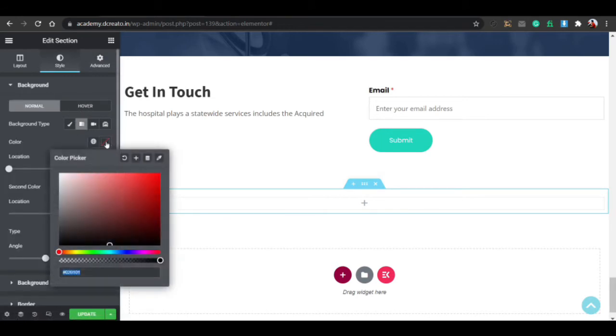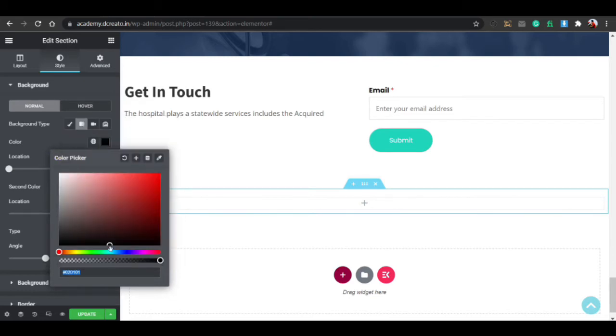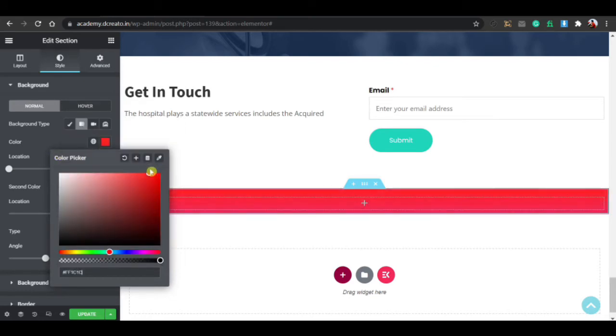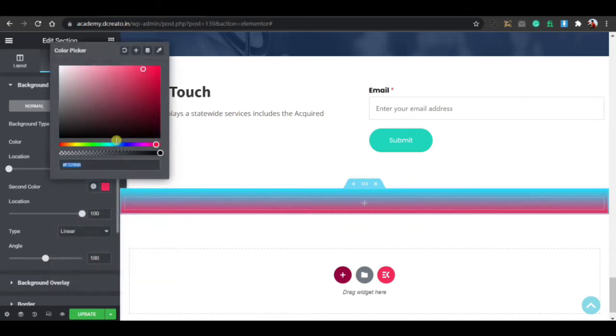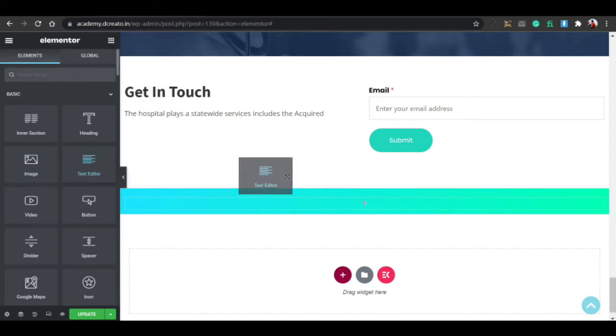I'm choosing it. So just click on this, and I'm choosing from here, and then this is the color. So I'm giving this color. Here you can see this has changed. Then I'm changing the angle from here, and go to the plus icon and search for text editor, and just